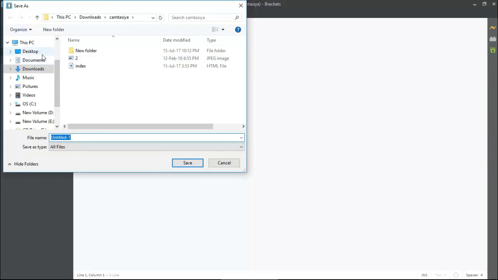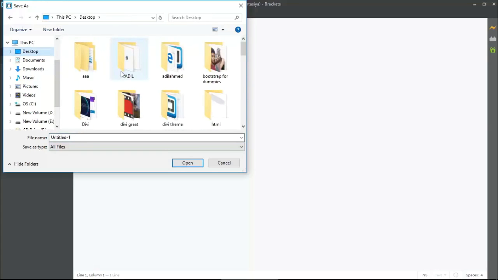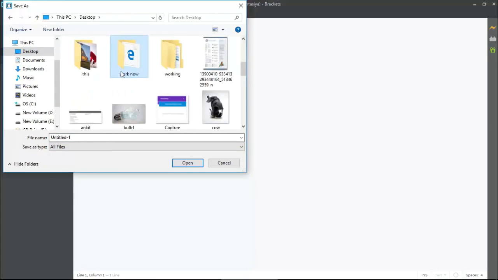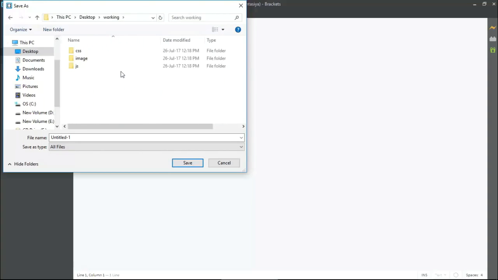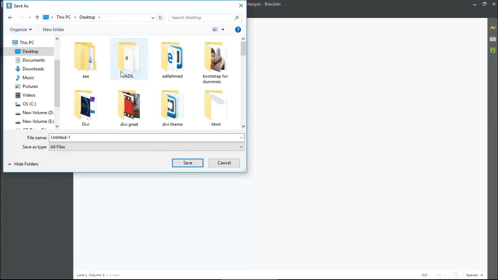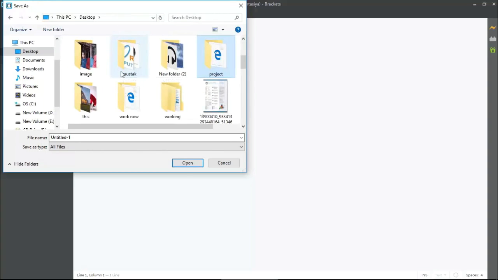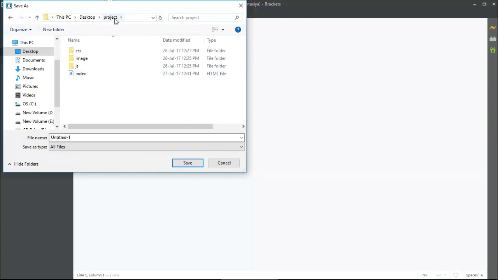Okay, so my folder is available on the desktop and the folder name is working. Yep, I'm opening it. Perhaps project. Okay, this is the folder name, project here. Now I am coming inside the JS folder and here giving a document name as carafredshell.js. This is a JavaScript file.